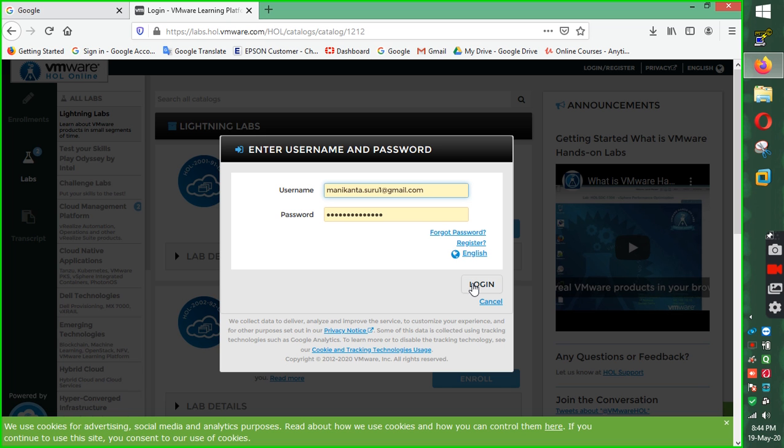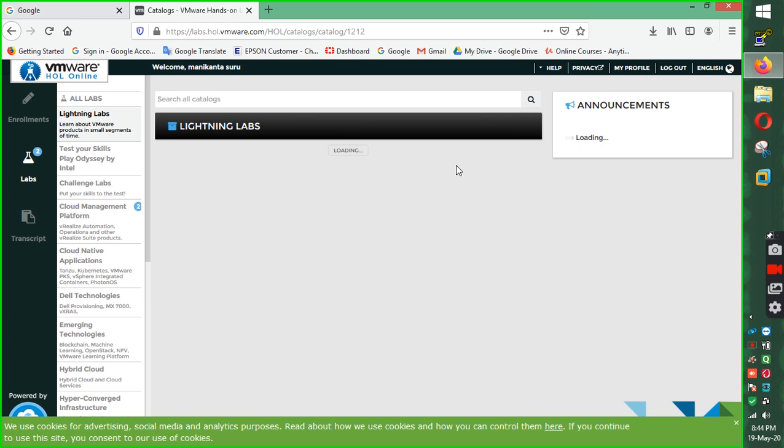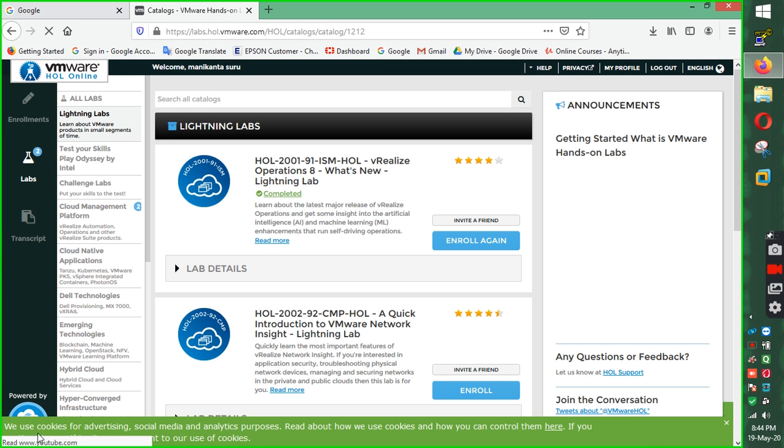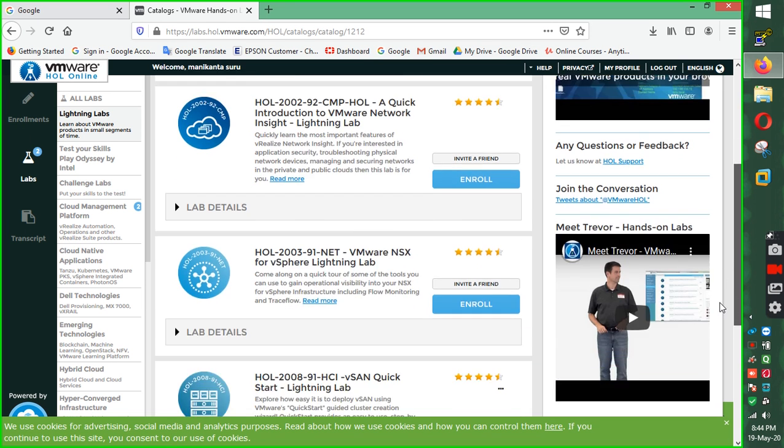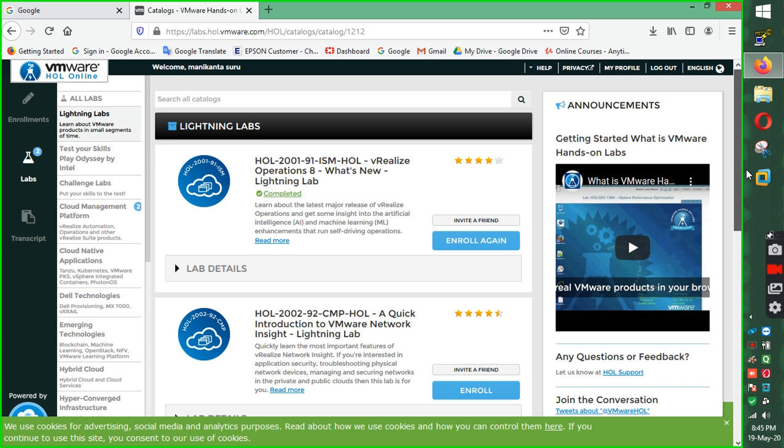First, I am going to log in right now. Yes, the login page is loading. There is a lot of stuff in there: environments, labs, and transport. I have done some labs previously. Actually, I don't have a high-end RAM, high-end graphic card, or high-end laptop. I'm using a very low-end graphic card and RAM, everything. It is a totally free virtualization lab.